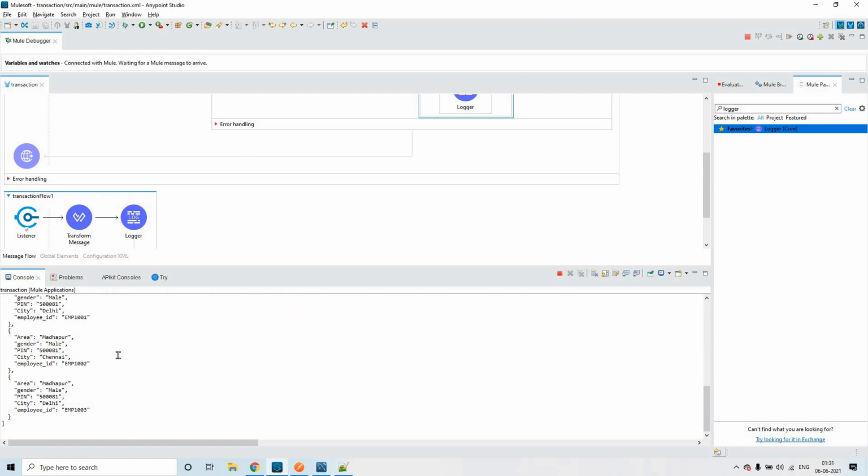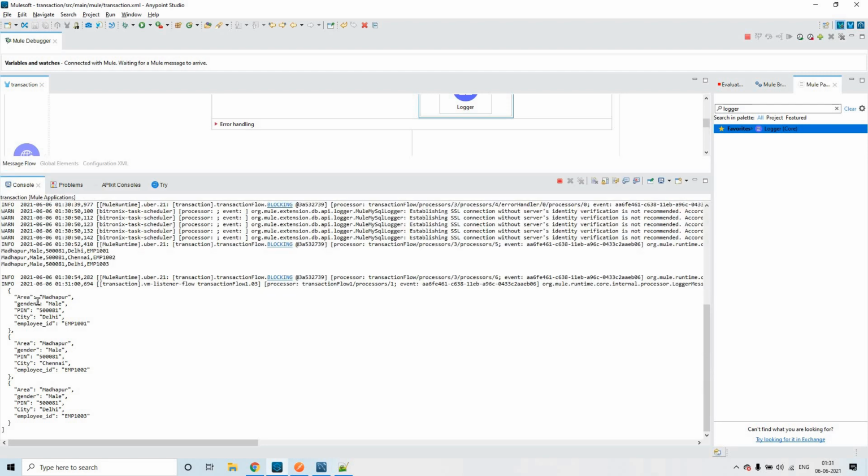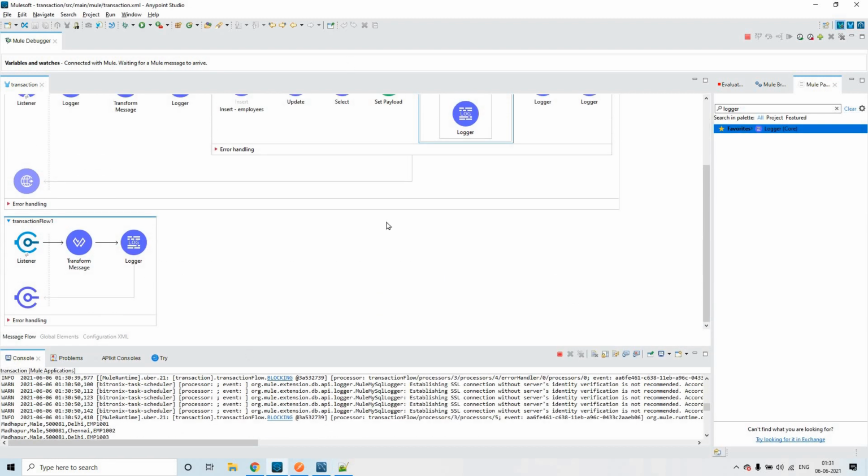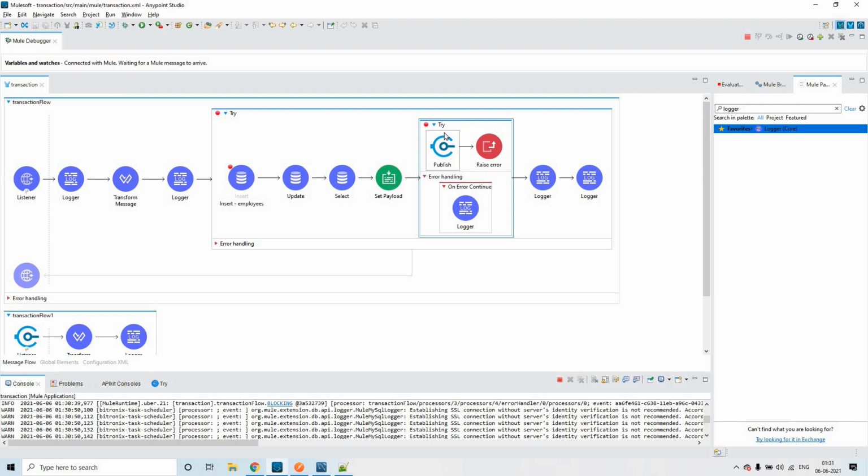Now you see the converted CSV again got converted to JSON: 1001, 1002 and 1003. Though we have some issue in the nested transaction, the transaction inside this transaction, because we have configured it as on error continue, things were not rolled back.